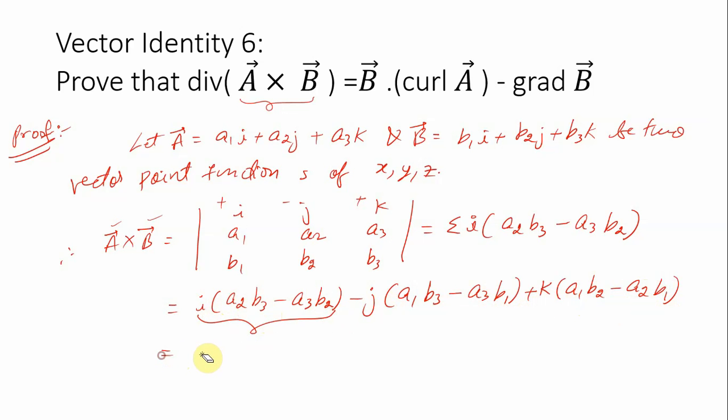This means the sum of the first term, the next is minus j, this plus k, this. So therefore we always take this as summation i A2 B3 minus A3 B2 only. This is the same, students, please remember this, summation is the same. Okay, now after calculating